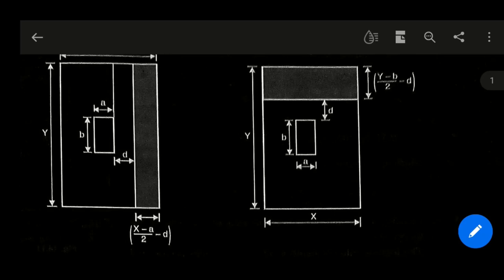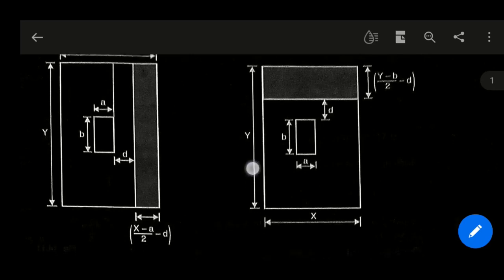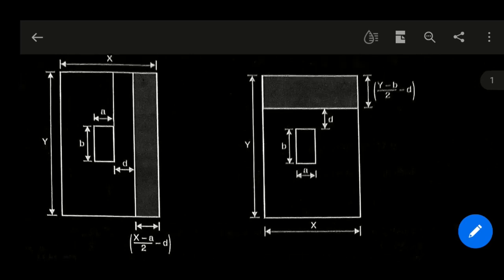So if it is situated at a distance d, then this value will be, for the longer direction, X minus A by 2 minus d, and for the shorter direction, as you see, Y minus B by 2 minus d. Okay, so Y minus